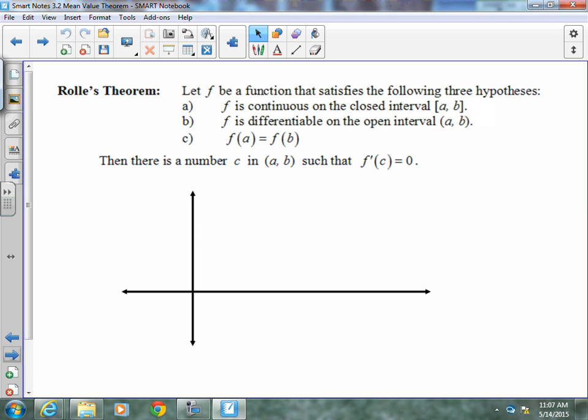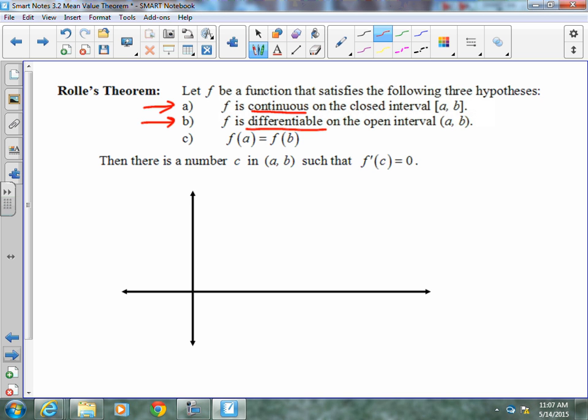There are a couple conditions for Rolle's theorem, the first one being f is continuous on the closed interval from a to b. So it has to be continuous. Second one, it has to be differentiable on the open interval, meaning no corners or kinks, jumps, those sort of things. And lastly, f of a equals f of b, which means it starts and ends at the same y value. So, for example,